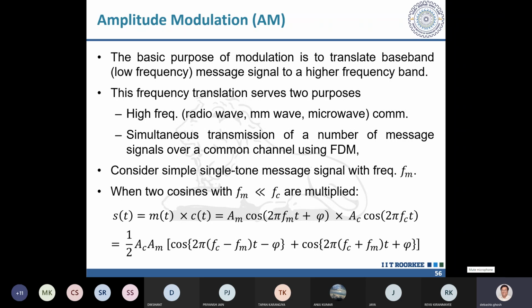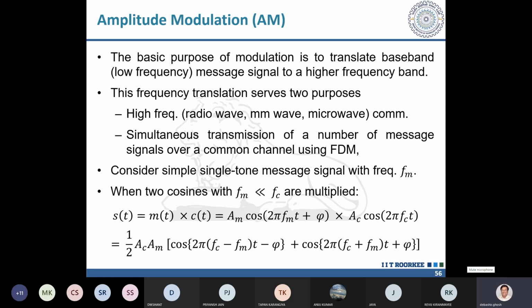First we'll see the amplitude modulation process. We'll not talk about many other modulation processes, although there are many others. We'll just talk about two basic modulation schemes. One is amplitude modulation. The other one is frequency modulation, although for frequency modulation also, we will not talk much, we'll just give a basic idea about it.